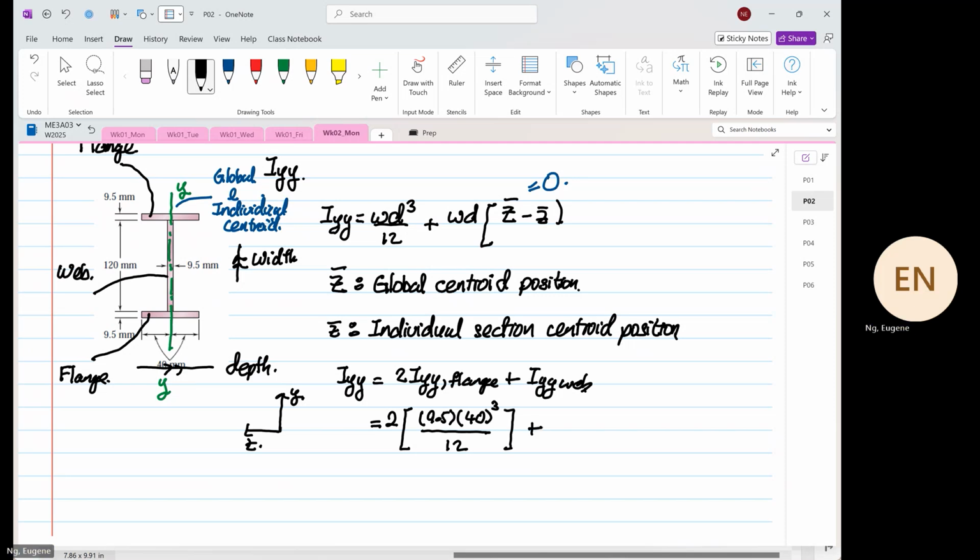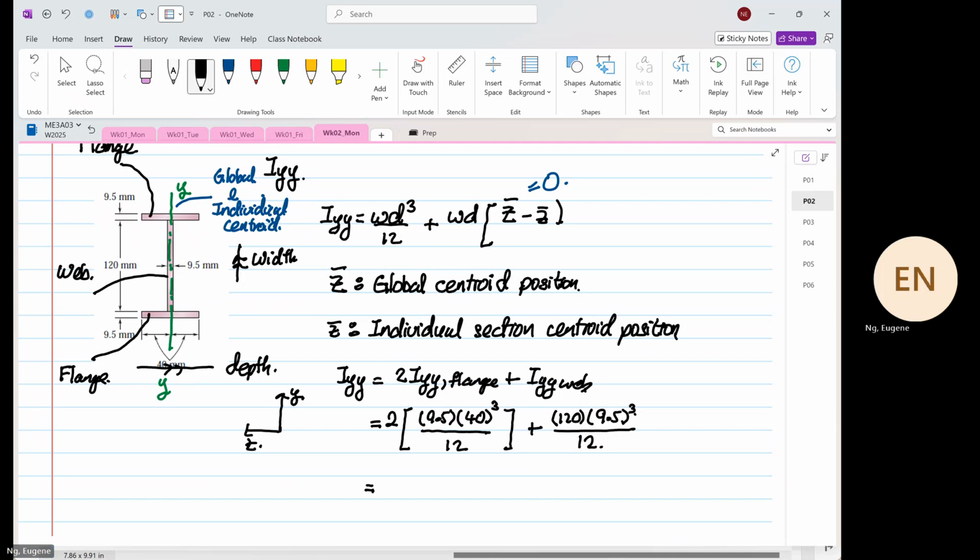Plus the width is equal to 120. The depth is 9.5, divided by 12. So from here, this will come out to be,